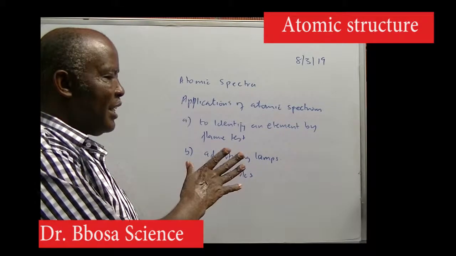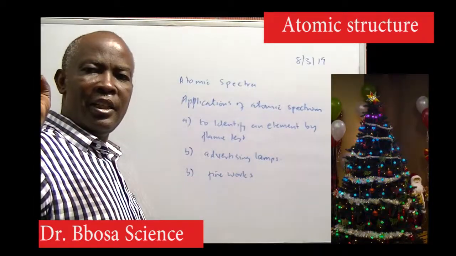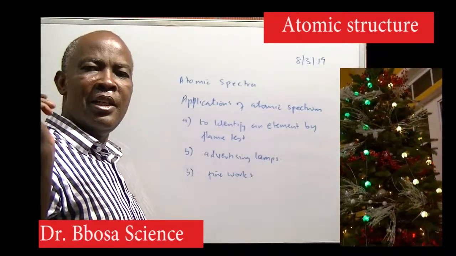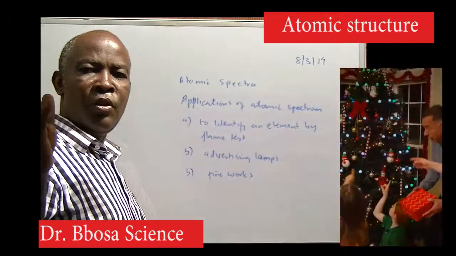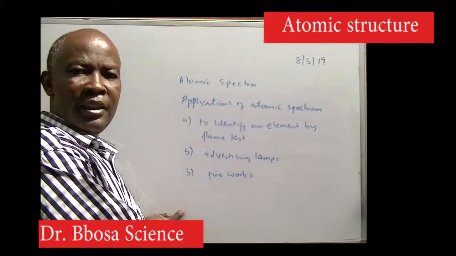B. Advertising lamps. By using different elements in the bulbs, you produce light of definite colors: green, yellow, blue, and so on. And in fireworks,